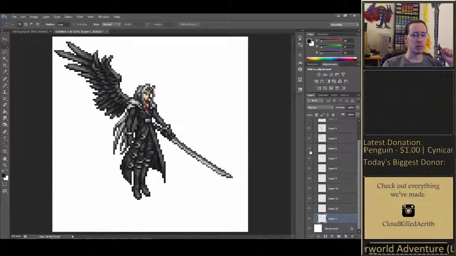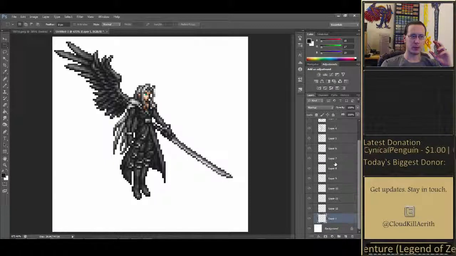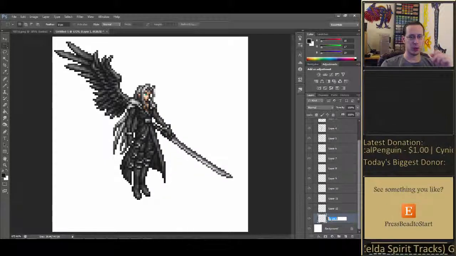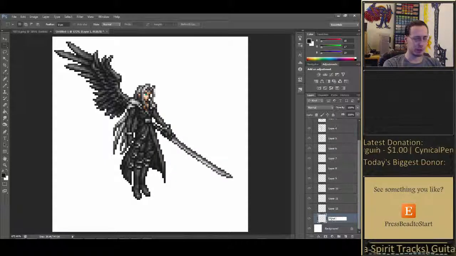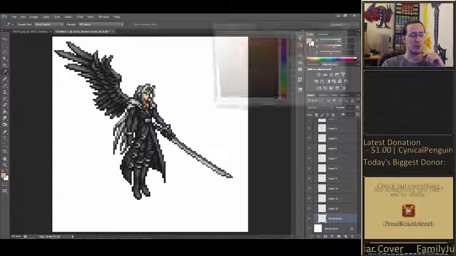So yeah, that's the first part of it. Then you go through, and I will actually come through here and start adding in, and I will label each layer according to what color it is. So we're gonna come down here. We turn it off and on, we figure, alright, that's his eyeball. We're going to do this in some parrot green. Only 2 E's in green there, Cloud. And then what do we got down here? One of your best tools when doing this is going to be, go ahead, grab your little eyedropper. Because this guy is going to give you your best